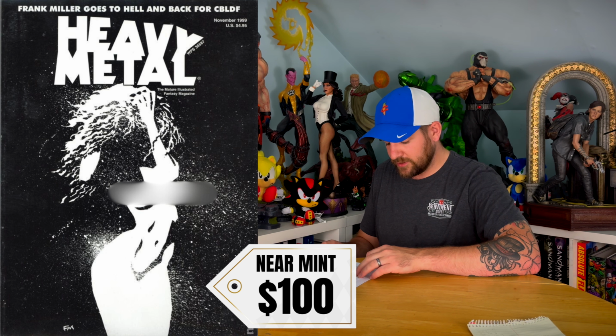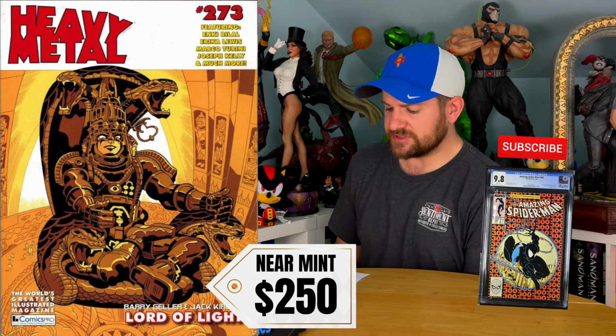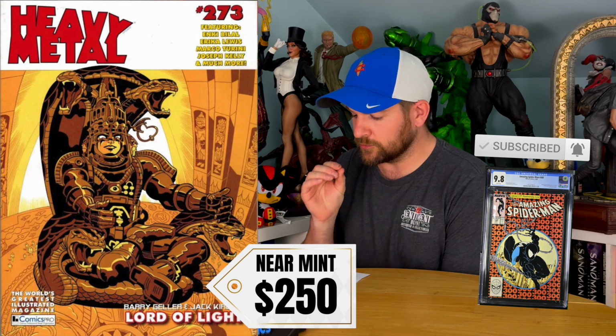It's $100 in near mint. Heavy Metal 183 is a $100 Frank Miller issue with an interview. He did the cover. It's pretty scarce. It's $100. Heavy Metal 273 is the concept art by Jack Kirby for a movie called The Lord of Night